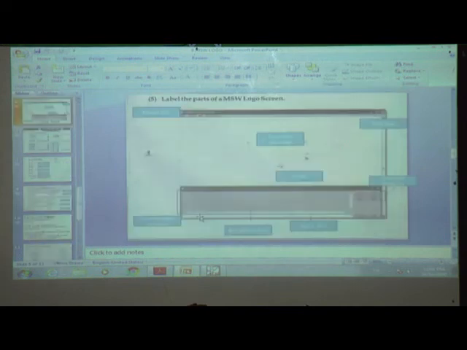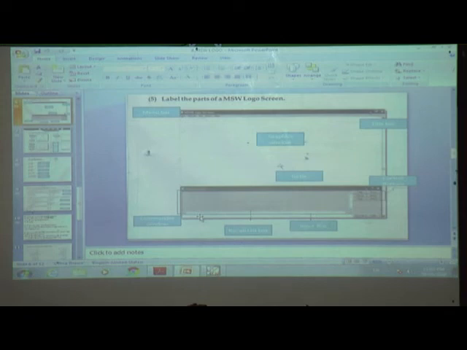Now label the parts of the MSW logo screen. First one is the menu bar, title bar, graphics window, turtle, control buttons, input box, recall list box, and input box and recall list box are in the commander window.